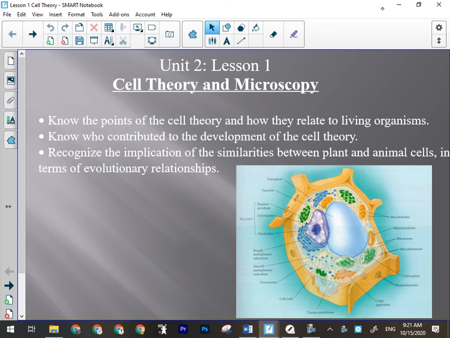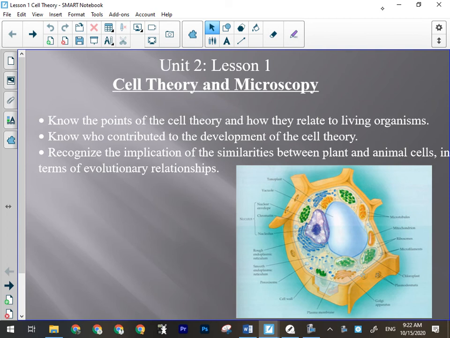So we're going to start out with the cell theory. Okay, that is, how did we discover cells? Who would have been important in that? Why cells are important? Why their discovery was important? Kind of our changes to our understanding of how cells work and what they are. Okay, that kind of stuff is what we'll be looking at, and then getting into looking at a microscope, because